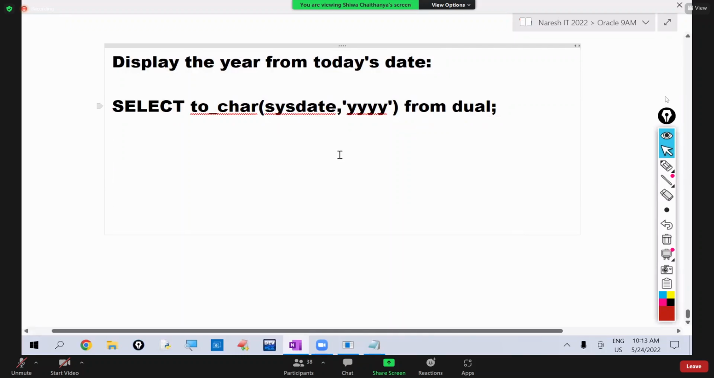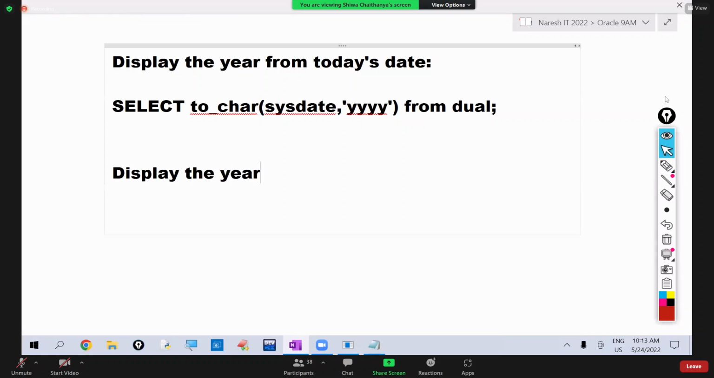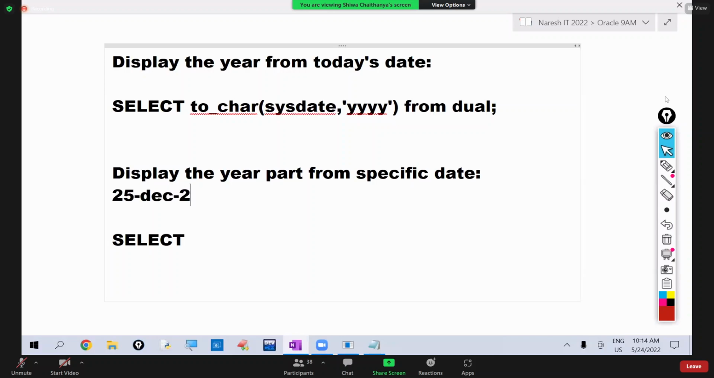From today's date, if you want to get the year, we write like this. Now from a specific date, I want to get the year. Display the year part from a specific date. How can we get the year part from a specific date? Observe here. For example, there is one date: 25 December 2019. This year part we want to get. So to get the year part from this, to_char of,